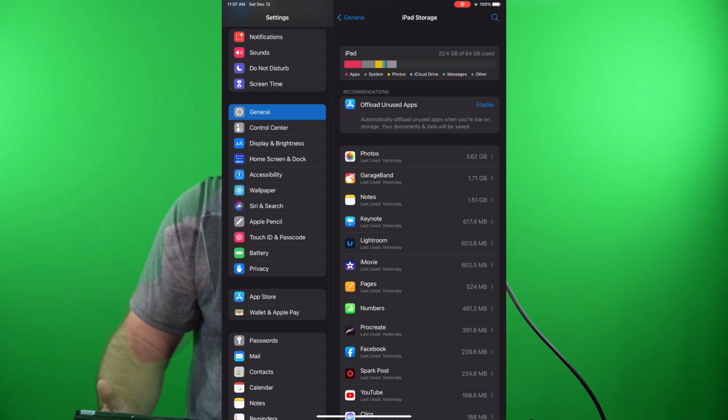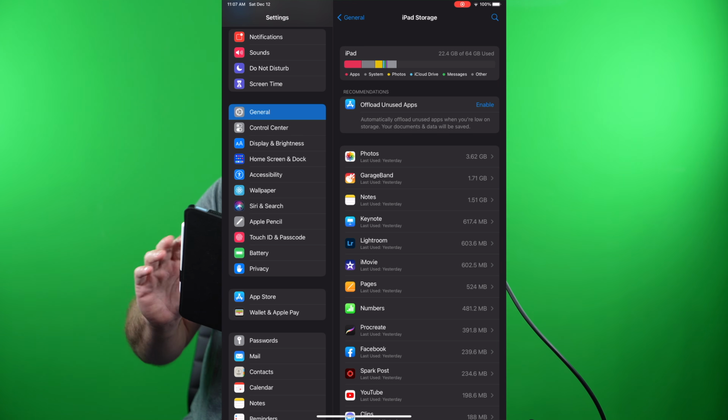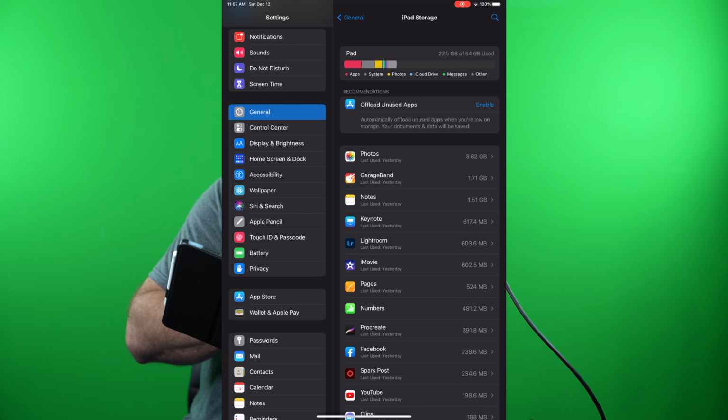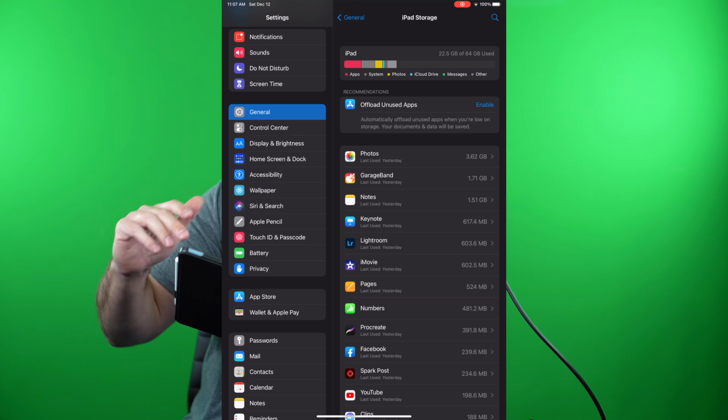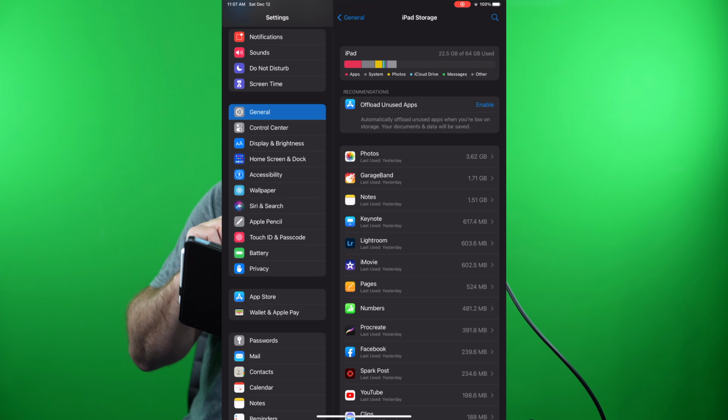So again, to look at this and go back to the top, you can see that with all of this that I've got, and this is what I use my iPad for. So, you may have a completely different use case. You may use a ton of apps and you may need that extra storage. But everything that I've just shown you